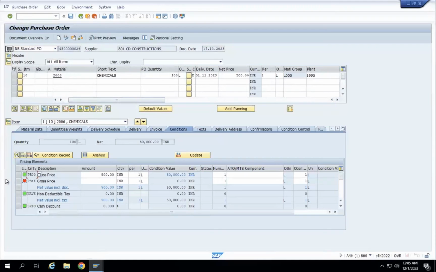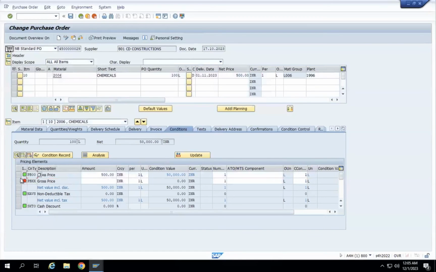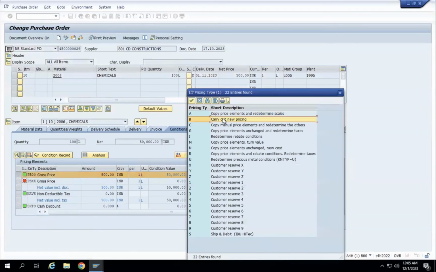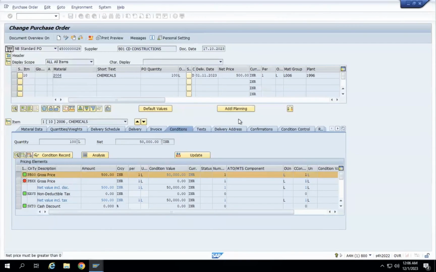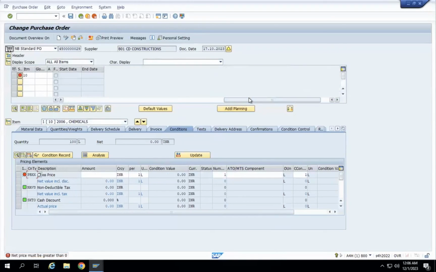Okay, luckily we got some PB00. So when you click on update, the system will give this option, carry out new pricing. When you click on carry out new pricing, if there is any price change, the system will automatically get the price details. So now what we do here,